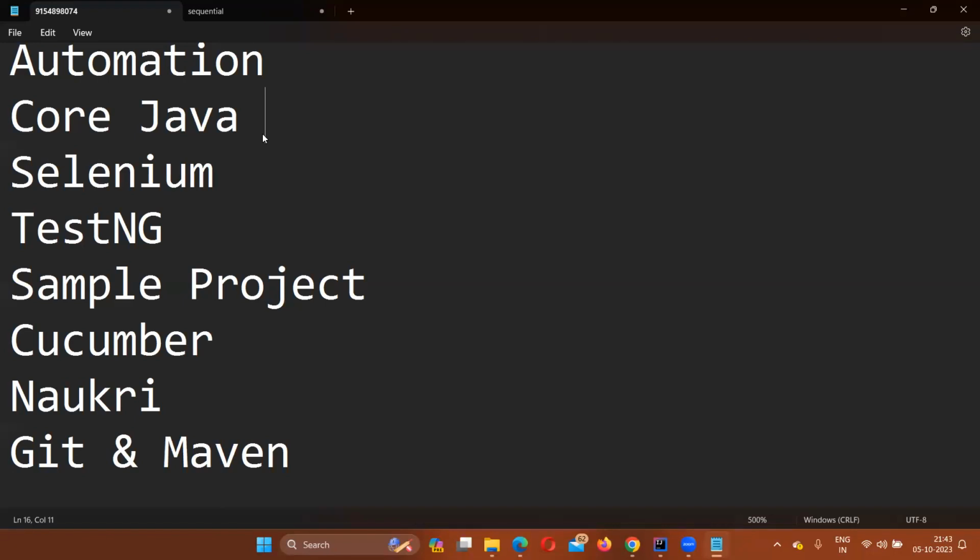That's really not required, but to be on the safer side during your interview, we are going to learn core Java till collections. Okay. So this is more than enough for your Selenium automation.